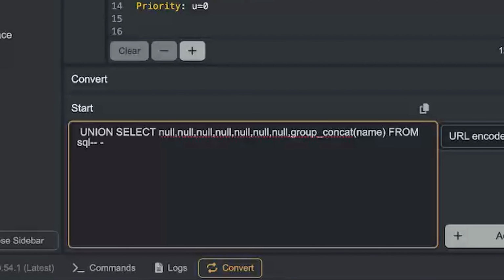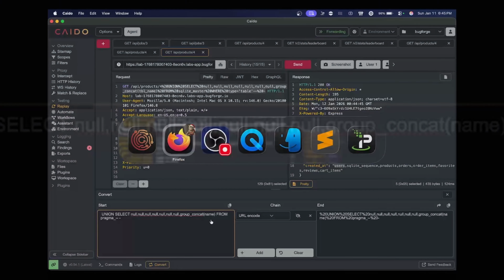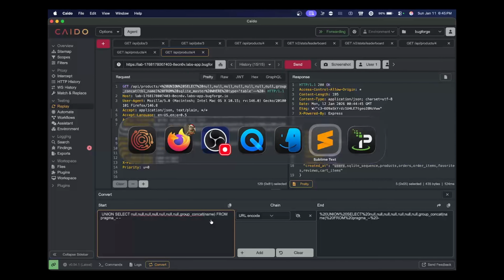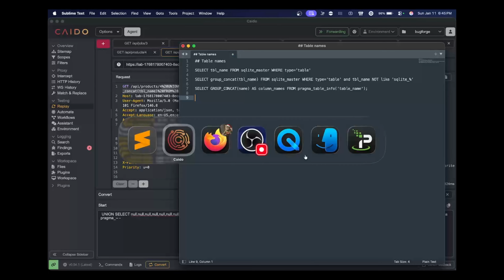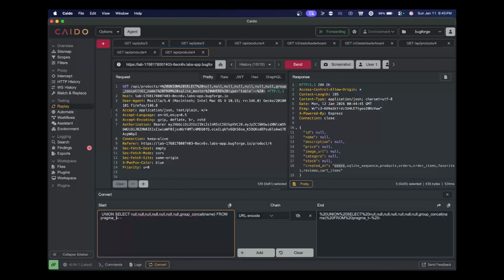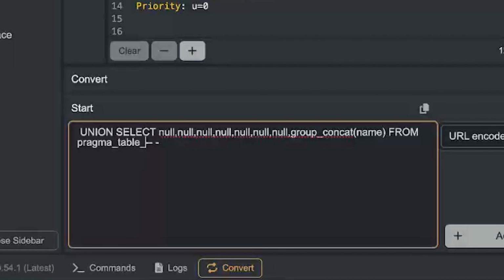Pragma. I always get this part backwards. Pragma table info. I keep wanting to do Pragma info table all the time, and I'm not sure why. It's just one of those weird things that I can't keep straight in my head. So from Pragma table info users,